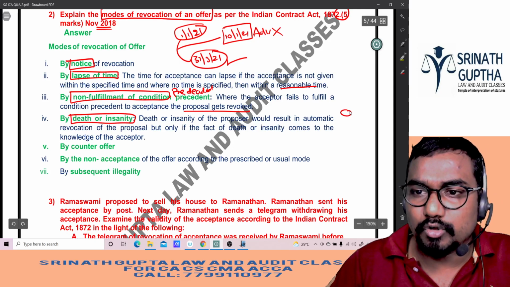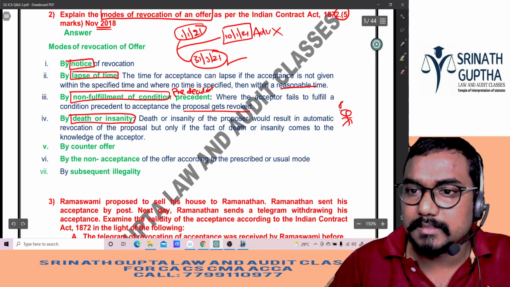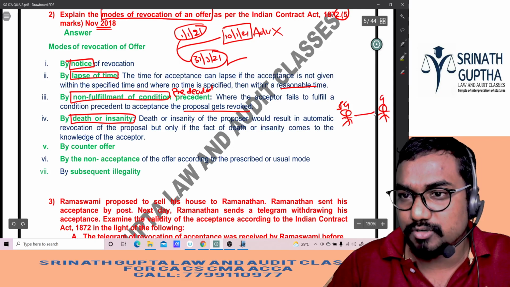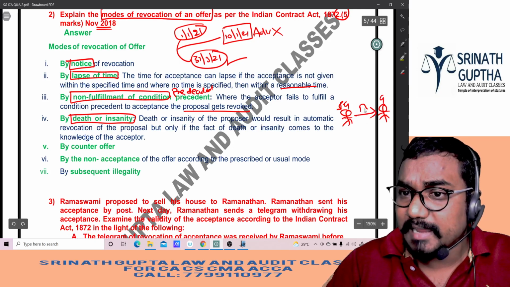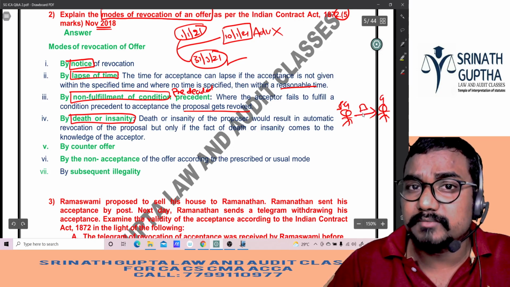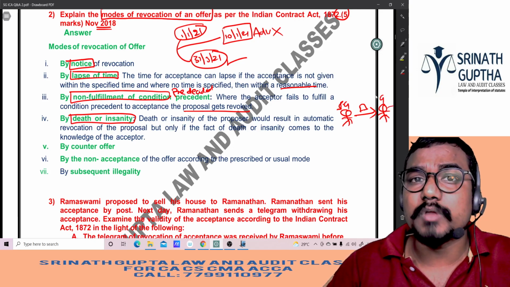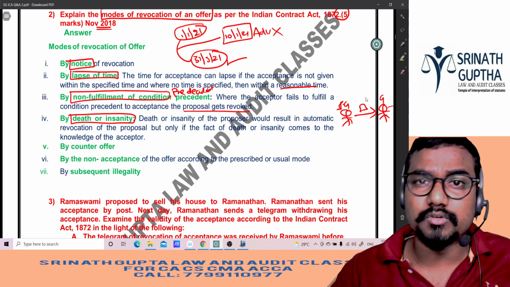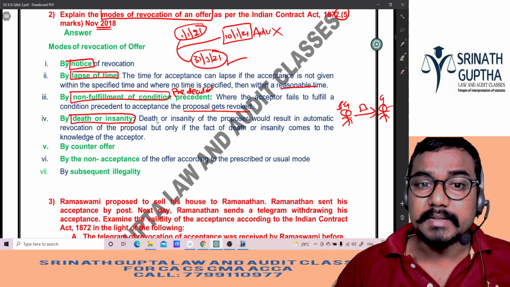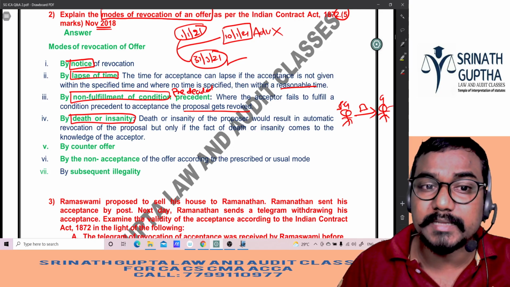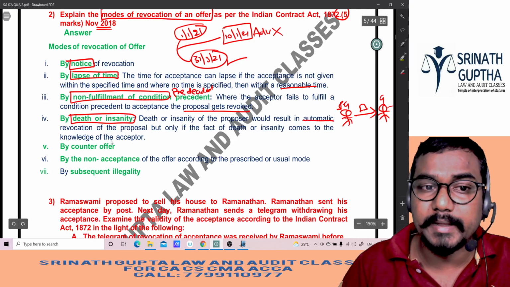I gave an offer to Rohit. Rohit, will you purchase my car for 10 lakh rupees? Rohit said, yes sir, I want to purchase the car. But before giving up the car, Rohit died. So when Rohit is deceased, the offer also comes to an end because the other party is not there to accept it. Death or insanity of the proposer would result in automatic revocation of the proposal, the offer,